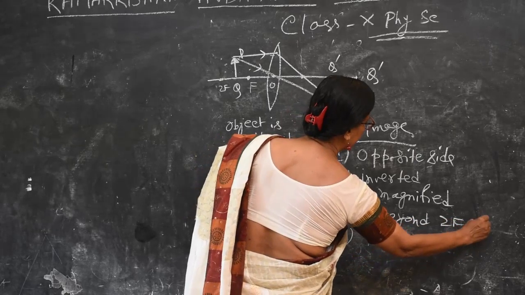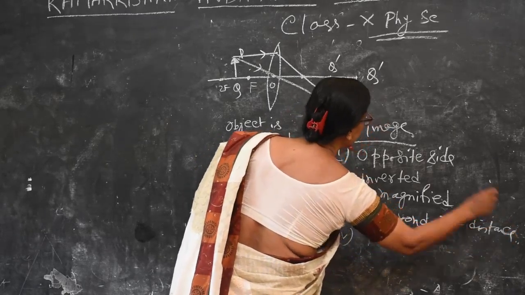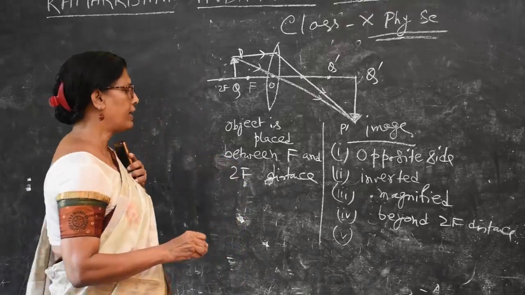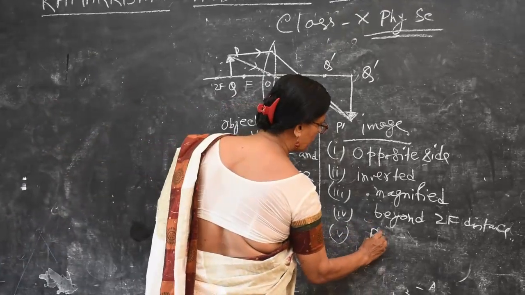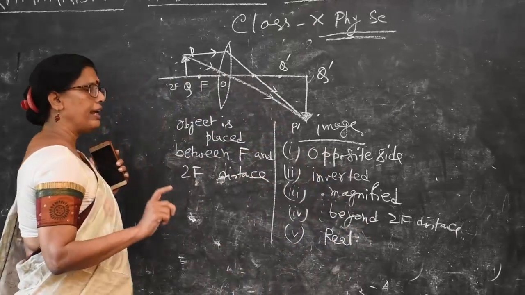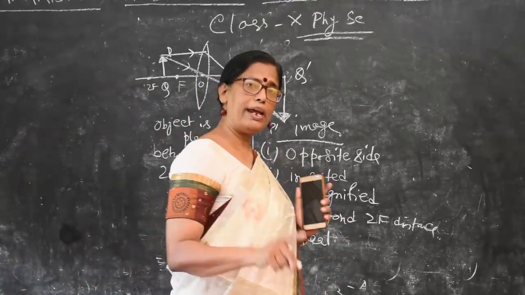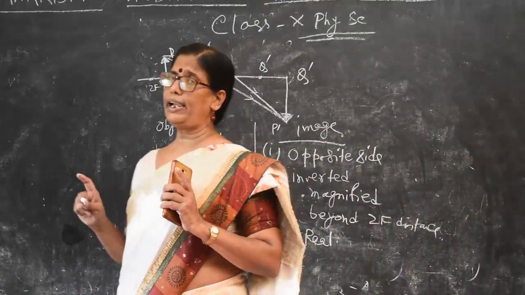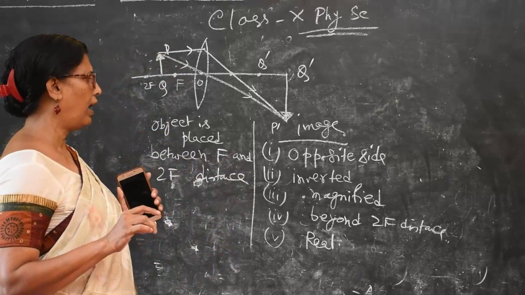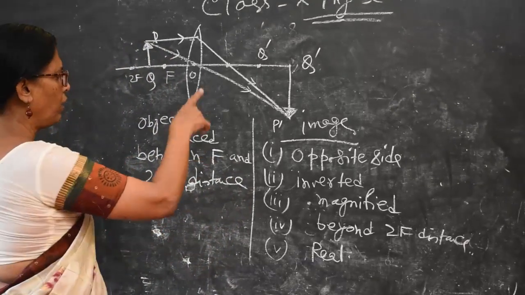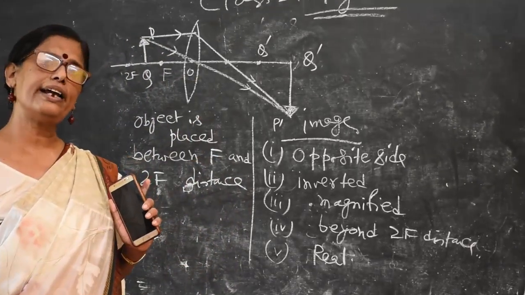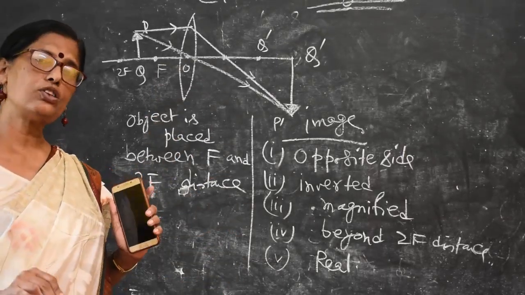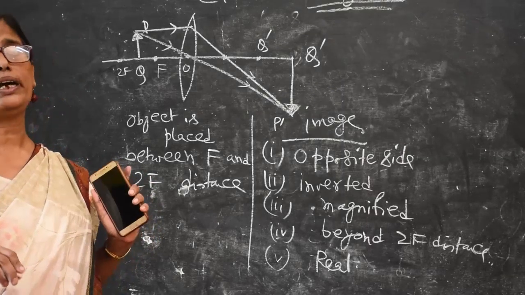Beyond. Now please see this one. It is really made, or we can force it to be made. It is really made, so it is called real. So the image is real, the image is magnified, the image is on the opposite side, and the image is inverted. All the characteristics you write like that. No total sentence is required here. The main thing derived by the chart is also okay to get the full marks.